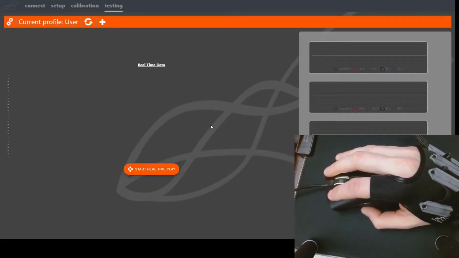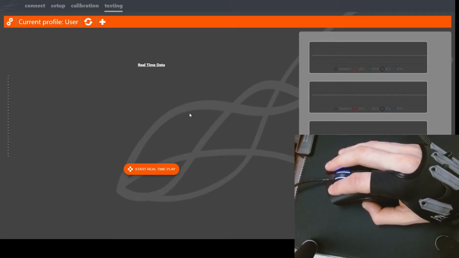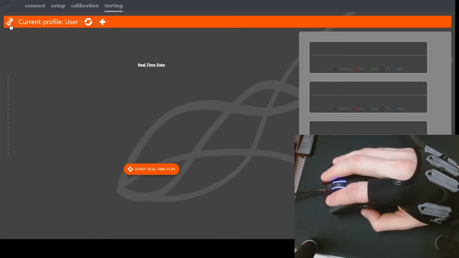Now that we've gone through calibration, we can come to the testing window. And this is where we activate Impulse. And when the software is running in the background, we can jump in and play games while using Impulse. It's the fun part. Before we get to that, I want to take some time to explain